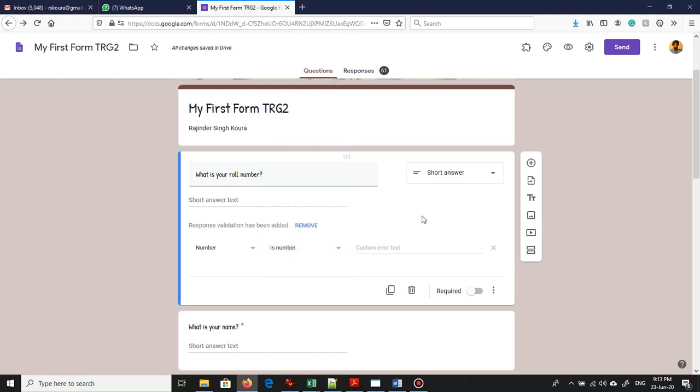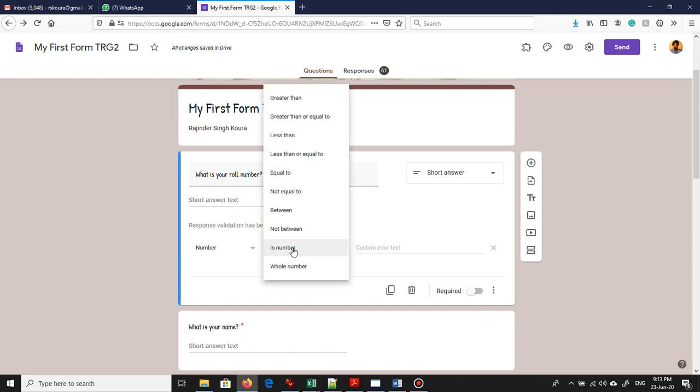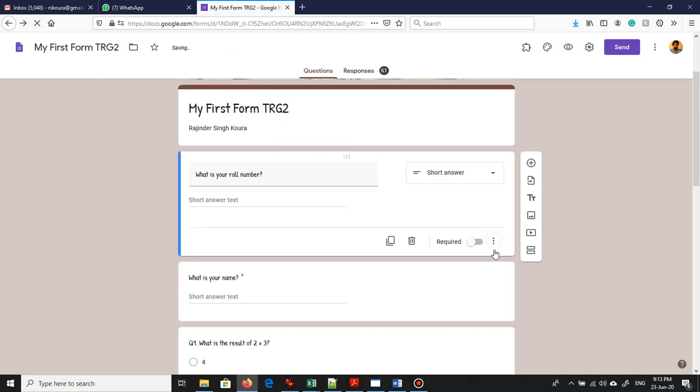If you want it to be a number, fine. But if you want a roll number to be alphanumeric, then you can just remove this. Now if I remove this, what is going to happen?